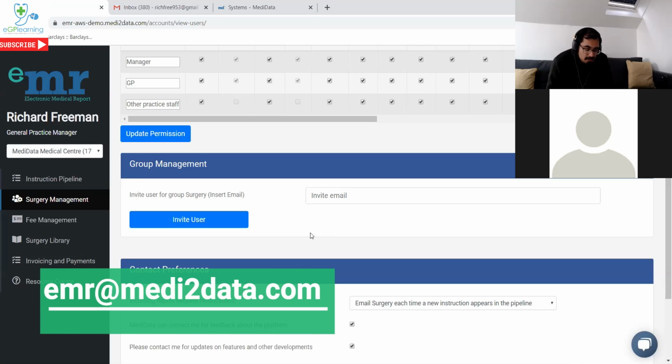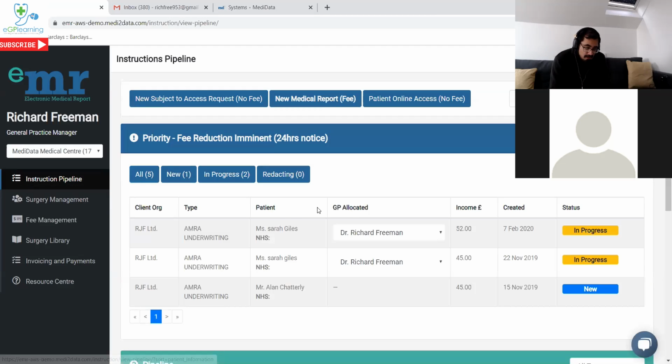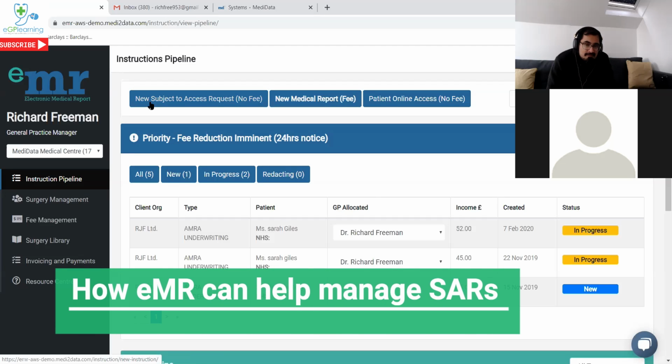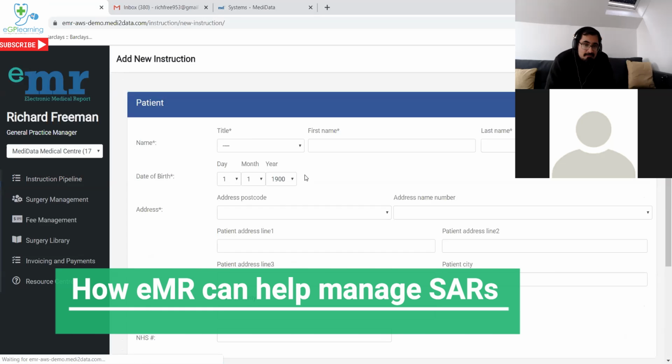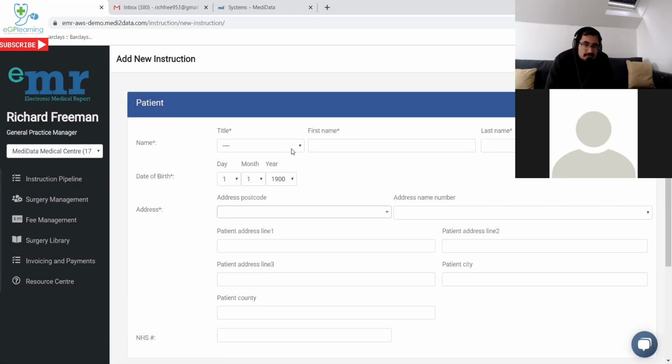Cool. So going back to the demo, we've got, like you said, the surgery view. What happens next? We're going to first start with a subject access request, which is clearly taking an extraordinary amount of time for a surgery to process on an individual basis. The first thing that needs to be done is that there's a confidentiality policy that is applied on a per surgery basis. And this is just drawing attention to the individual that they are actually authorized to be able